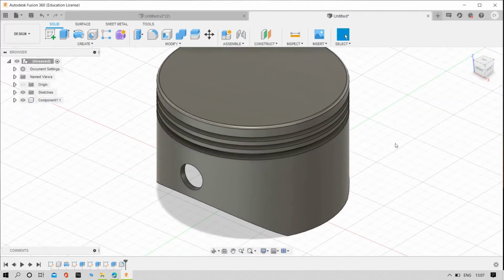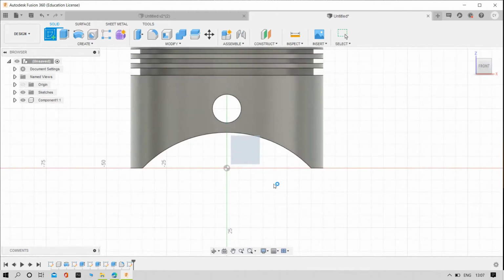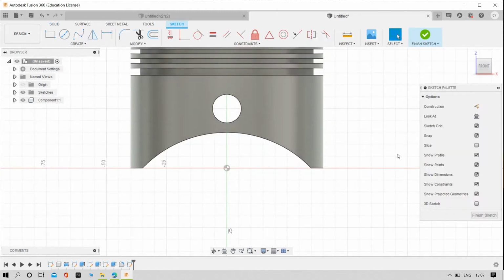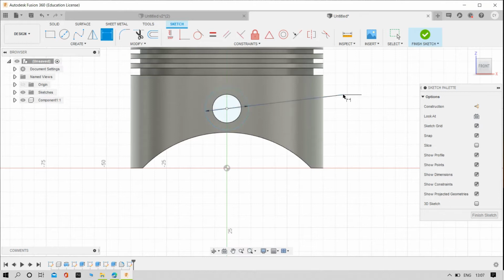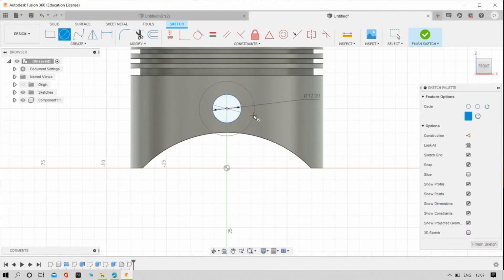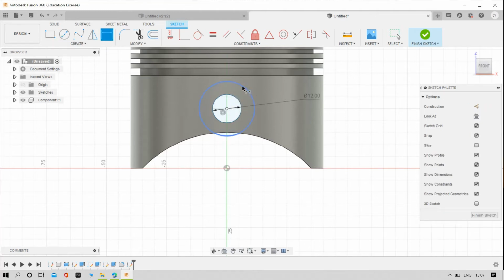Now we need to create the connecting rod. For that one, create a sketch. Again try to select the plane, same again repeat the operation. Try to draw the circle with a dia 12 mm. Again try to draw the one another circle with a dia, make it a 50, too small, make it 20.